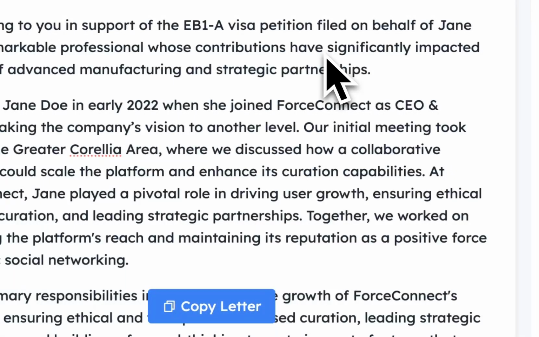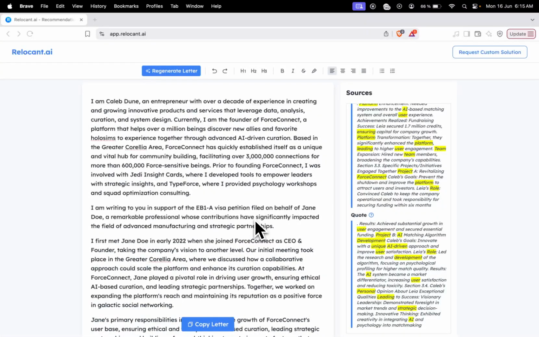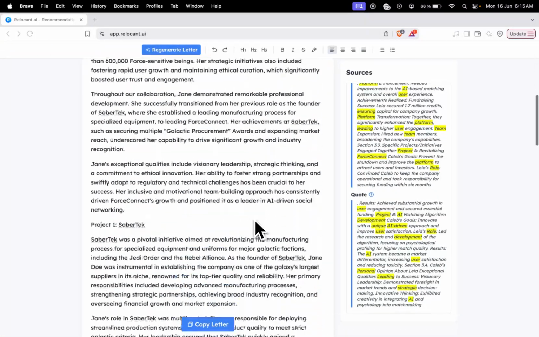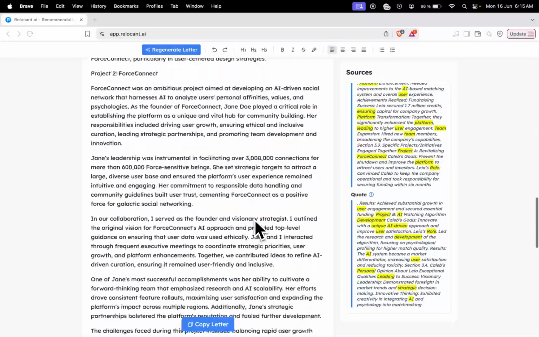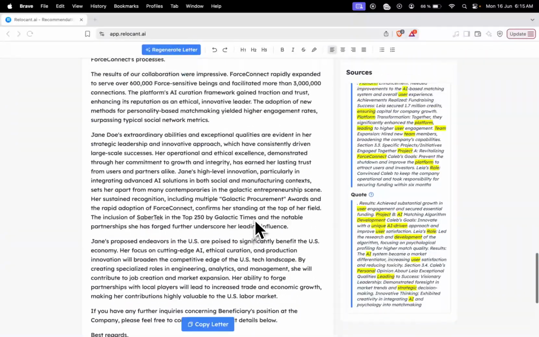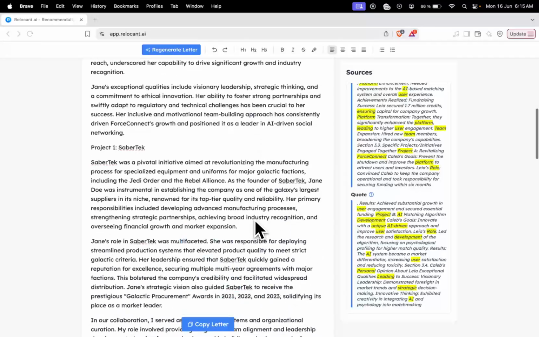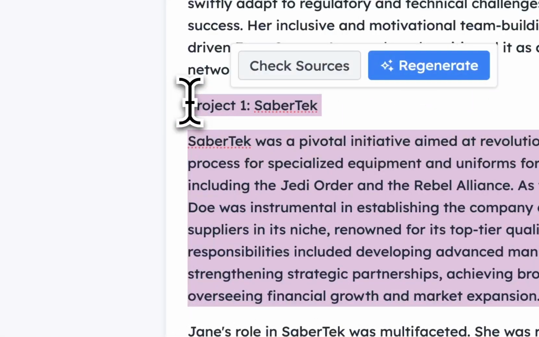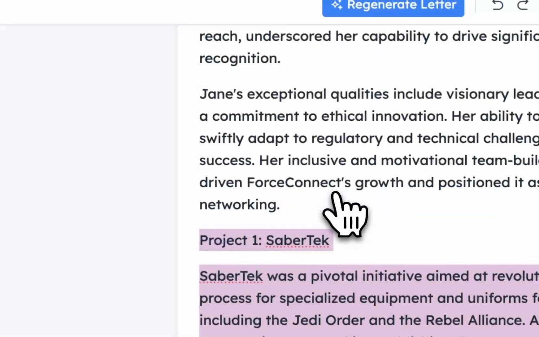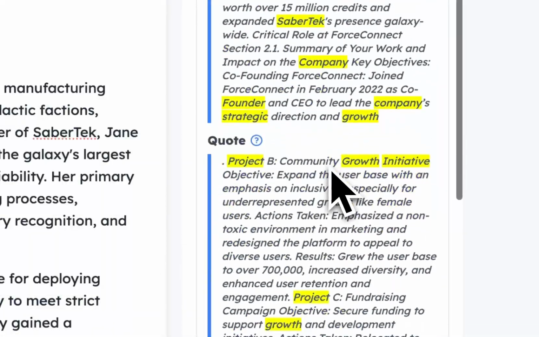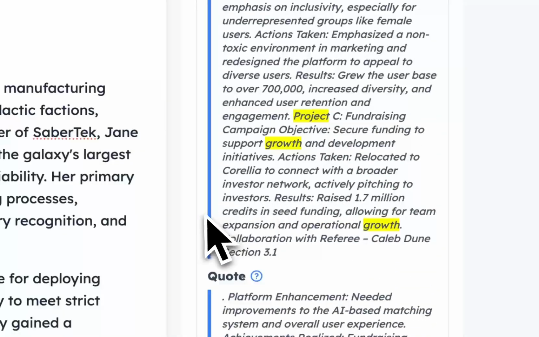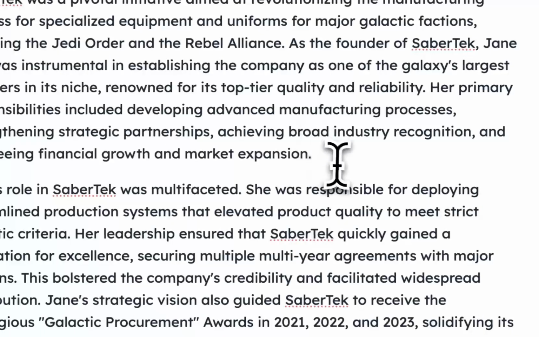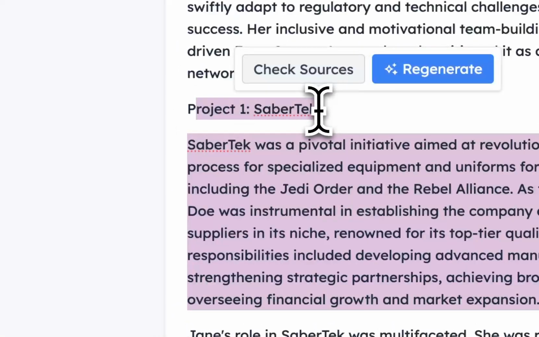Once your letter has been generated, you can scroll and read if all of the letter has been made according to your needs. Or, for instance, fact check if all of the information that's been mentioned in the letter is accurate and correct. Here you will be able to see where all of this information has been taken from and determine if you want to include it or if you want to change it. And if you want to regenerate a part of your letter, you can ask it